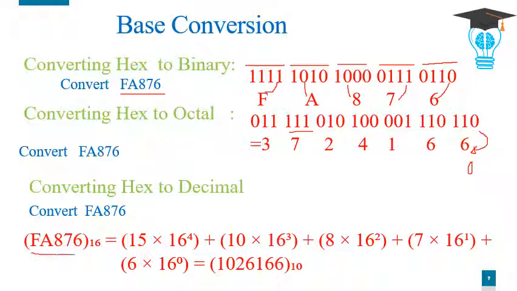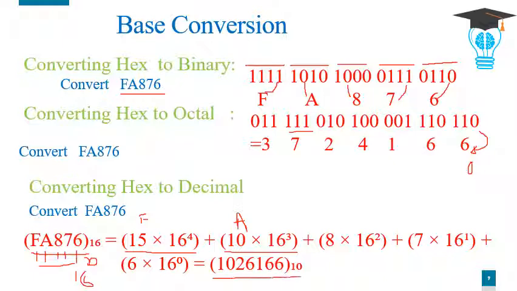The last part in this is converting hexa to decimal. So every bit in the hexadecimal number system has a place value of powers of 16, that is 16 to the power 0, and it goes on 16 to the power 1, 16 to the power 2, 16 to the power 3, and 16 to the power 4. Multiply them with the individual digits. F represents 15, A represents 10. So multiply with their place values and get the answer.